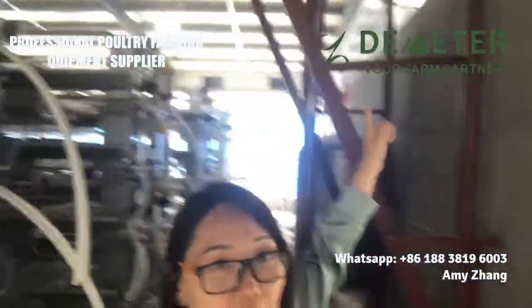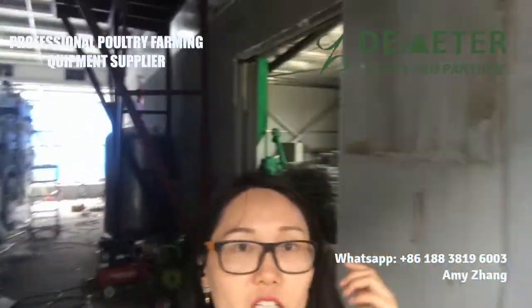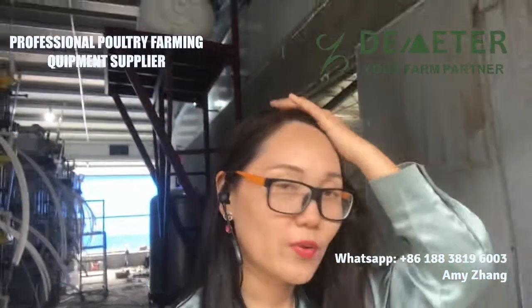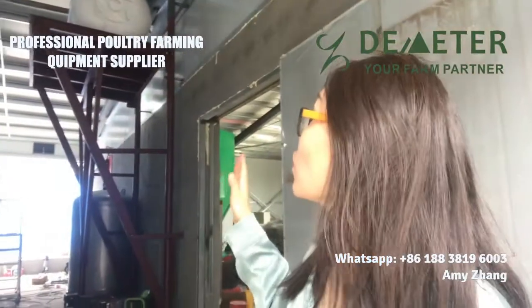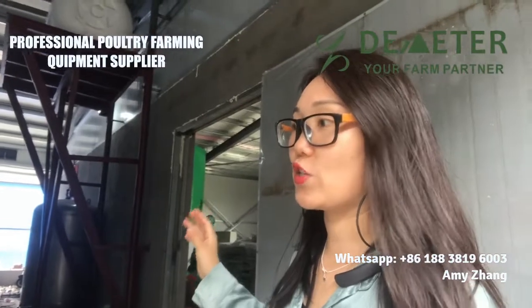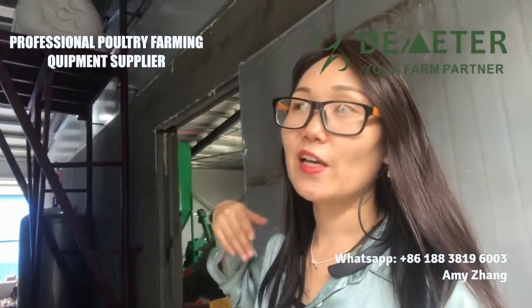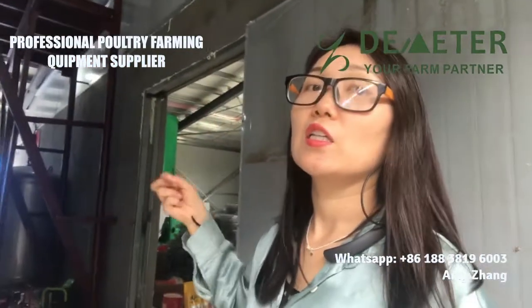Over here, we can see that there is the water tank. The water tank can supply water with the right water pressure. So the water tank is at least 4 to 5 meters high to make sure of the water pressure. Why we put it inside of the chicken shed is because it can improve the heating to make the water